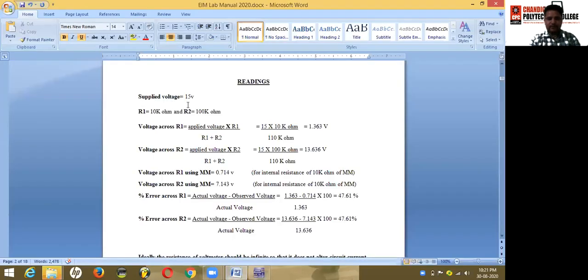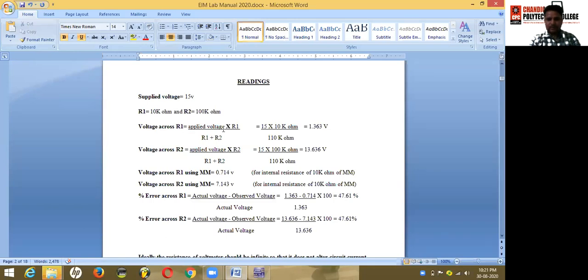Here we have the supplied voltage of 15 volt, and R1 is of 10 kilo ohm and R2 is of 100 kilo ohm. Now theoretically we can calculate the voltage across R1, that is equal to applied voltage times R1 divided by R1 plus R2.